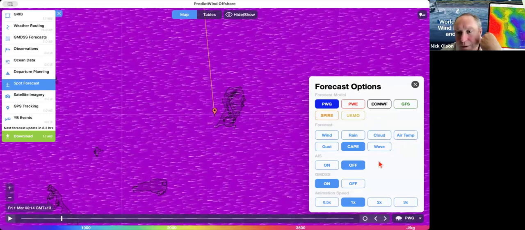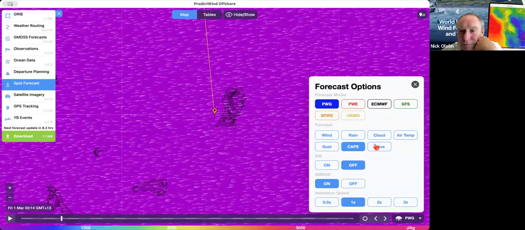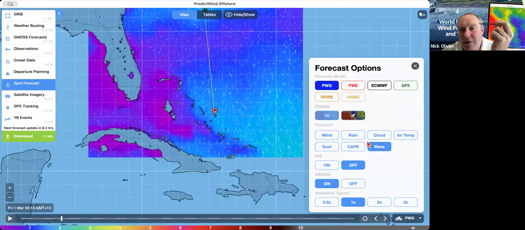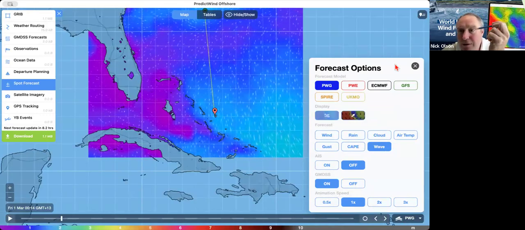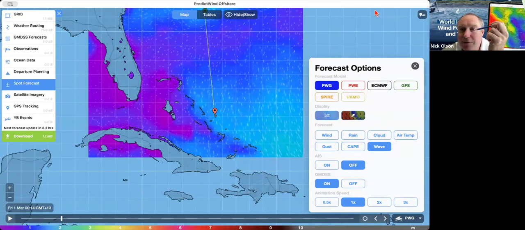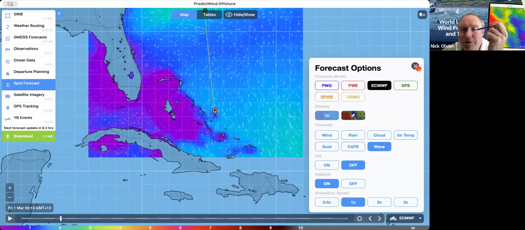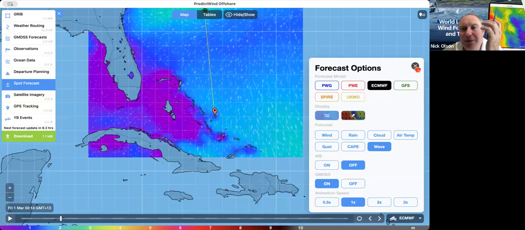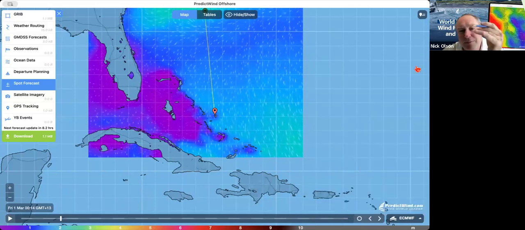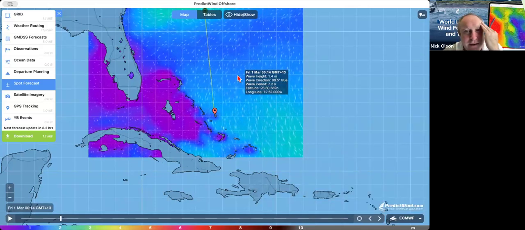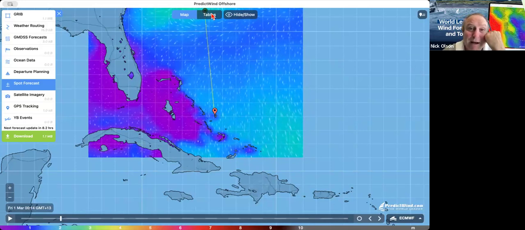But we can, so the wave's just going to be showing us, if I go wave and go, sorry, I need to move my zoom controls. When I go to my ECMWF, it's showing me the combined wind wave and swell, and that looks like it's mainly being driven by the wind. But if I go back to my tables,